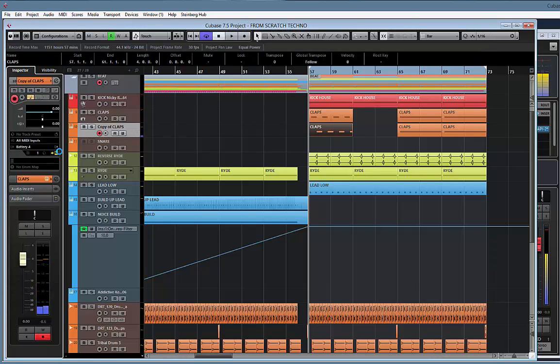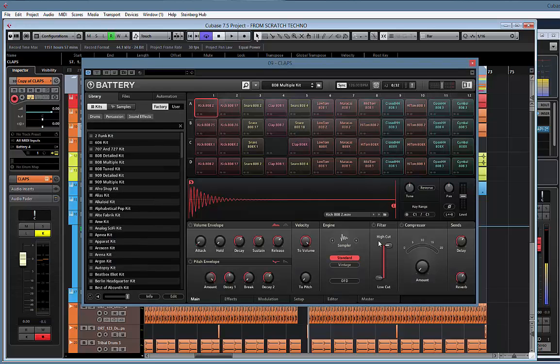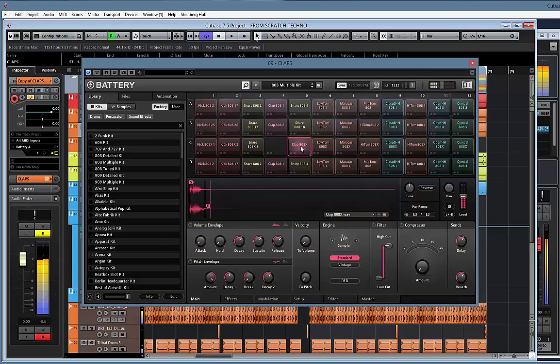On this one, I'm gonna detune it. On this instance of Battery, I'm gonna put this one -3 or 2. Let's put that -4